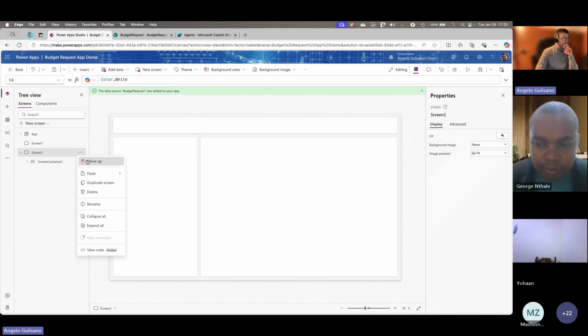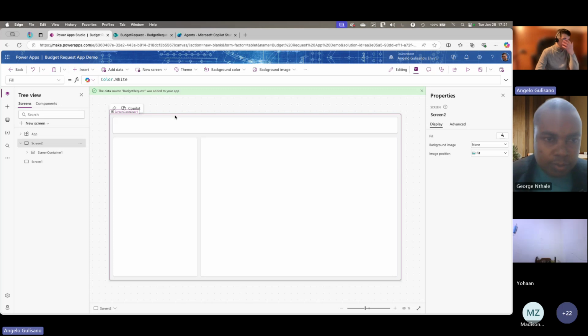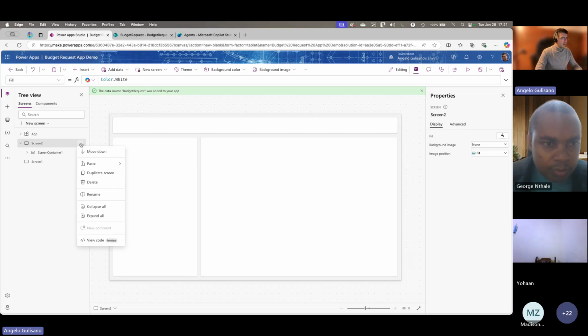I choose this format because it contains also the container that allow me to has a nice graphical interface of our application. So I'm going to rename this screen,